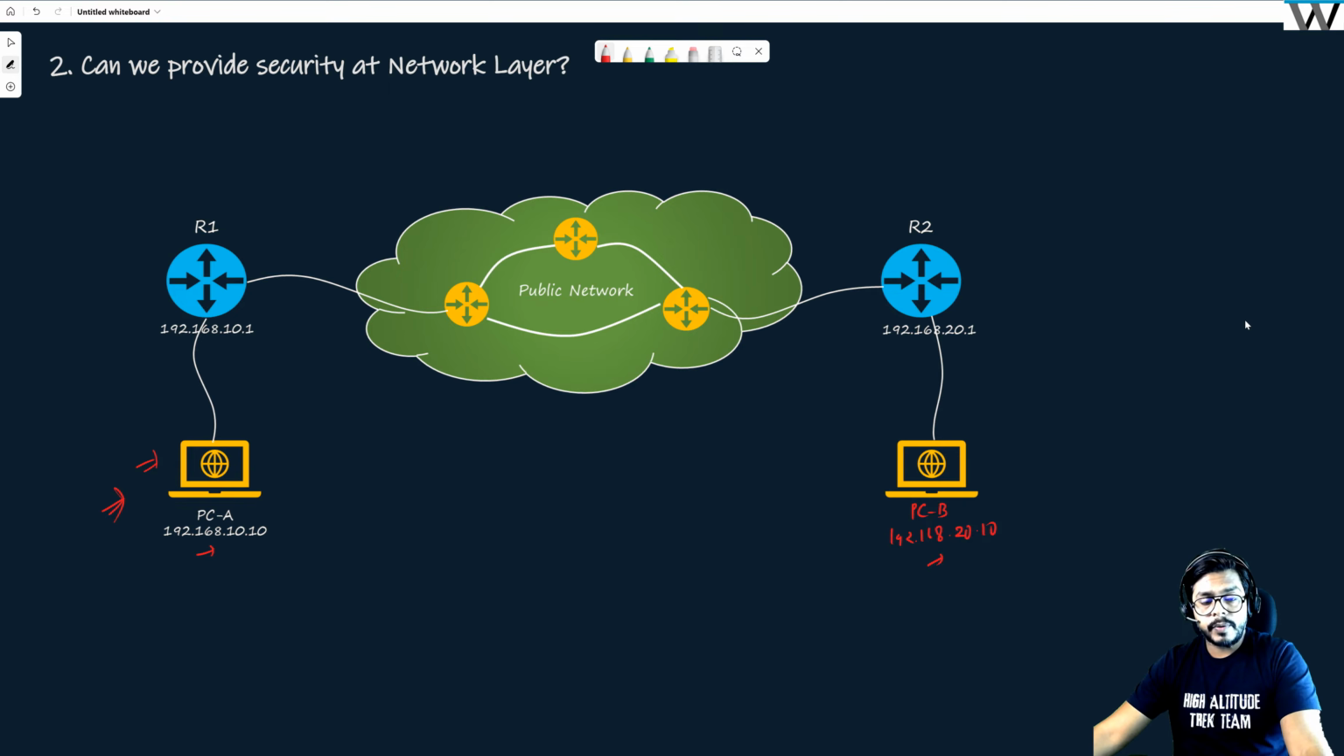I am thinking, can we provide security at the network layer? So we need to understand at least the packet walk, right? How is the packet moving? Simple: PC1 is going to create a packet for PC2, or PCB. The source of this packet is going to be 192.168.10.10. The destination is going to be 192.168.20.10. What I am drawing is my IP header,